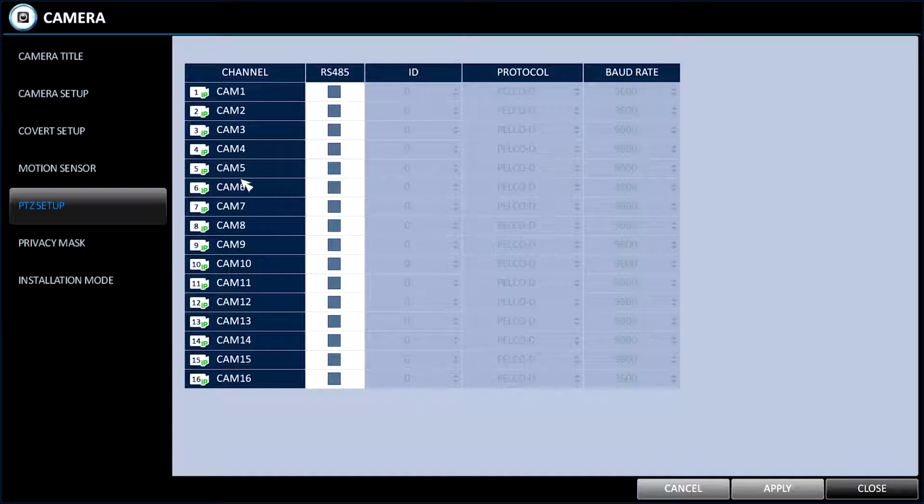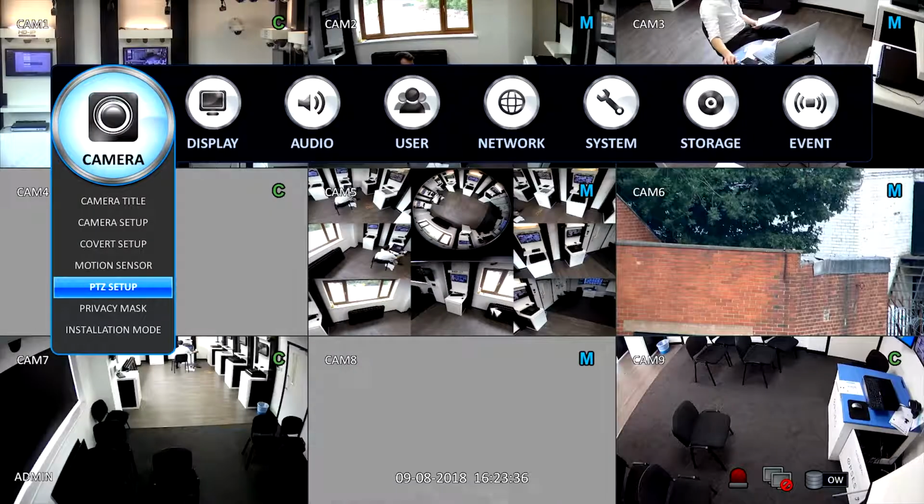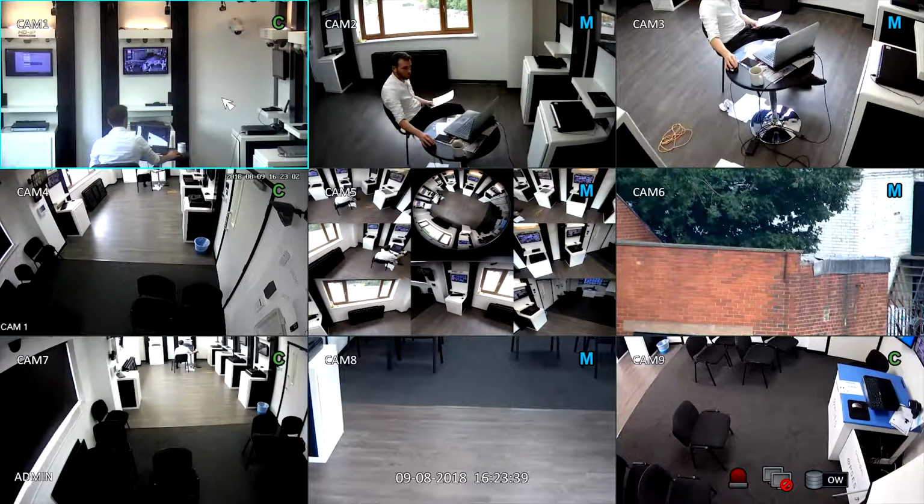Next to the channel number, you'll see a tick box for the RS485 to be switched on. Select this if you're operating a camera that has a separate RS485 data pair fed to the dome itself. This would be for a PTZ camera, as static zoom cameras will be operating on the data stream and don't require this setting. Once you've set the channels up, apply, and if you've changed anything, and return back to the